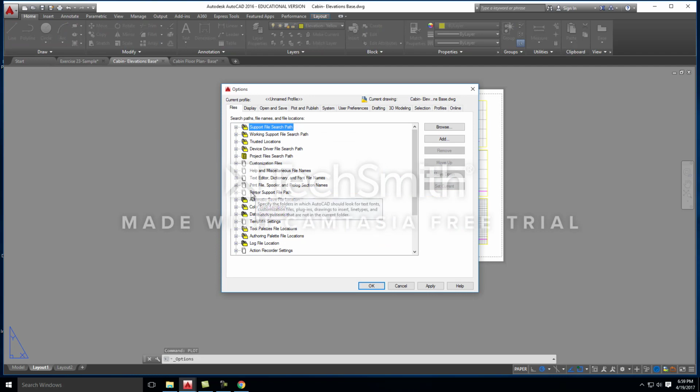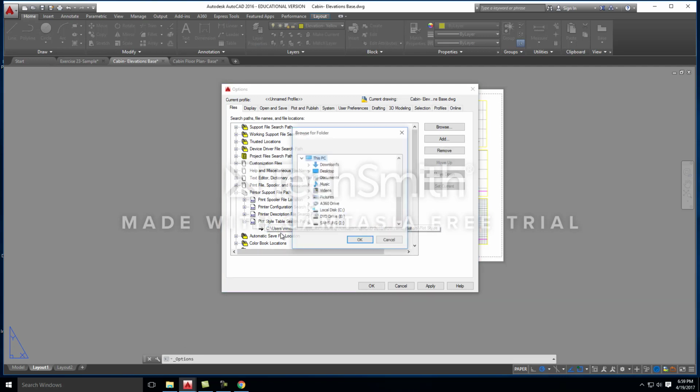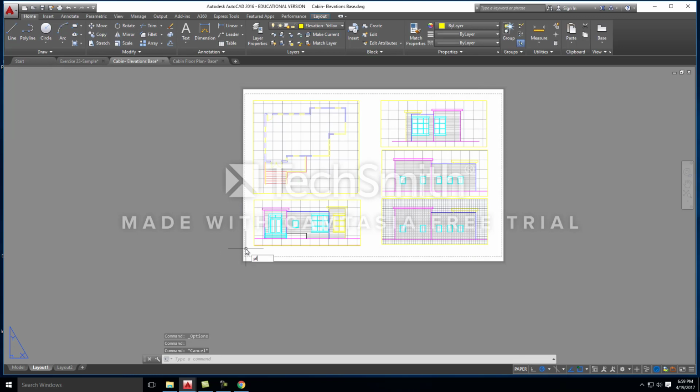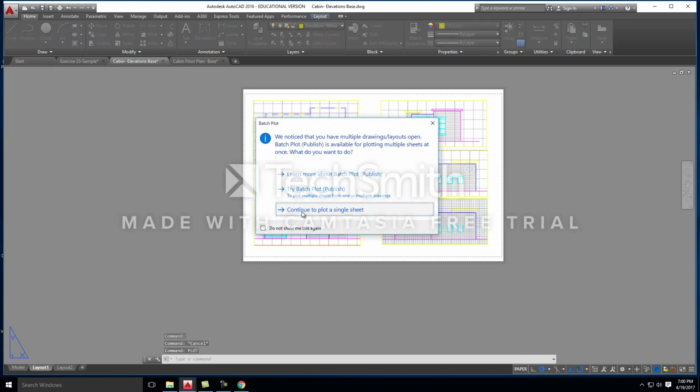We can go to printer support file path, down to plot style table search, and I'm going to change this location to my thumb drive where I currently have it stored. All right, I think I have it under this folder right here, so I'm going to hit OK. OK again, and then I'm going to type in plot, P-L-O-T, continue,